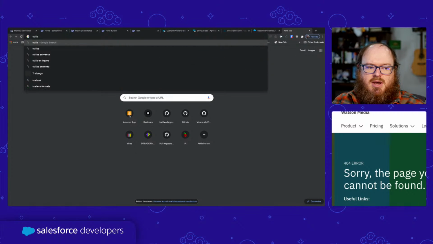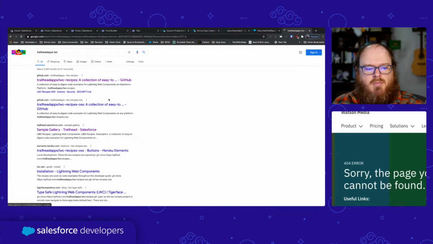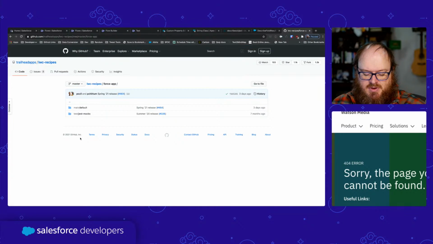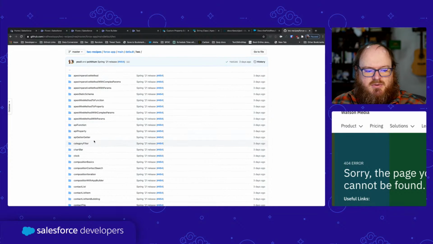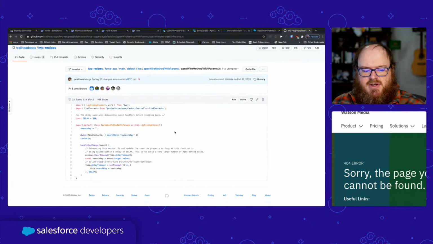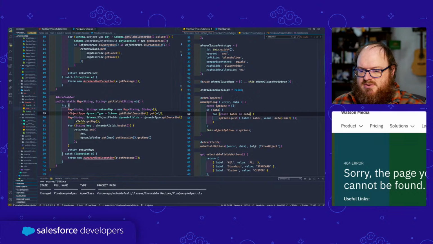Trailhead apps LWC recipes, we've got that here. I'm just going to go into force app and go to default, and we'll do LWC. And what I'm going to do here is I'm going to look at Apex wire method to property, nope, with params. There we go. So here's our example of how to do this, and it's on the first one, not the second. So our data here is this part